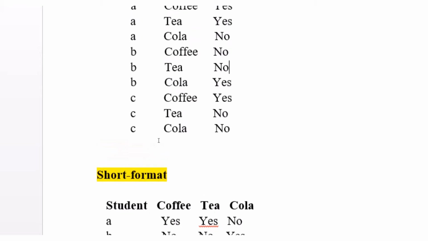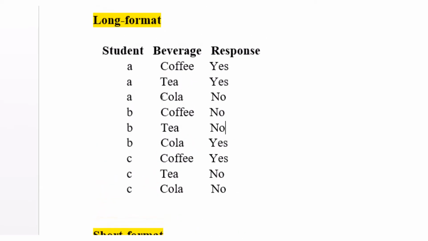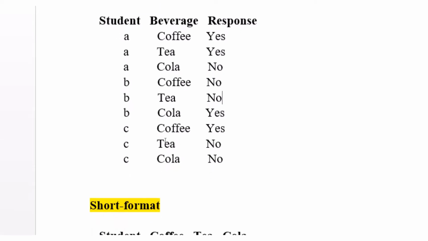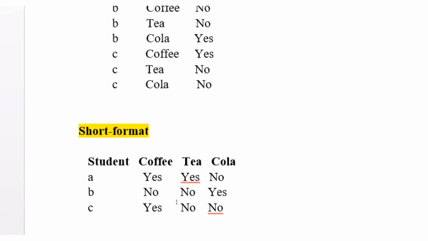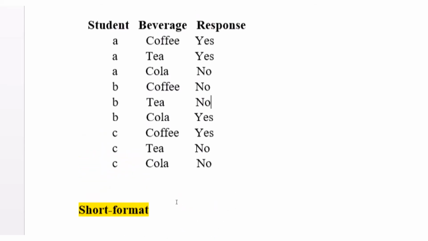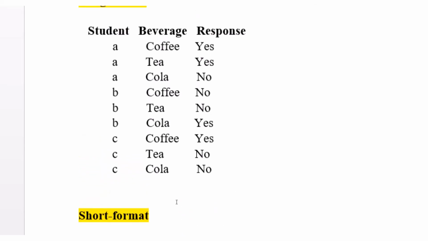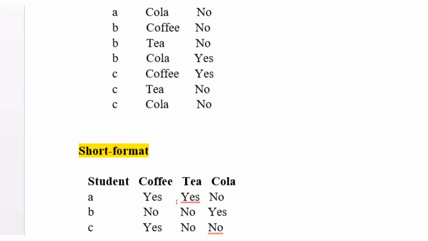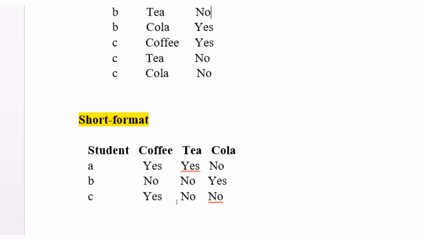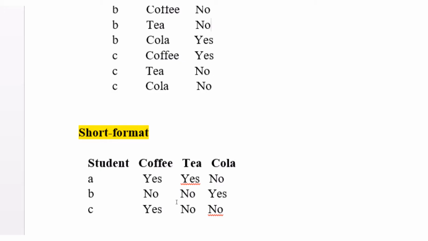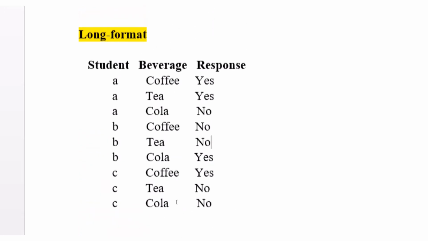Let me put it in my own terms. Right now we have spread coffee, tea, and cola, and the beverages now become variables on their own. We simply spread the categories of the independent variable into columns, and now the student will have to respond yes or no in the large format, or the short format. So now, as it appears here, we have our 3 students. This is what we term as long format and short format of data presenting repeated measures,